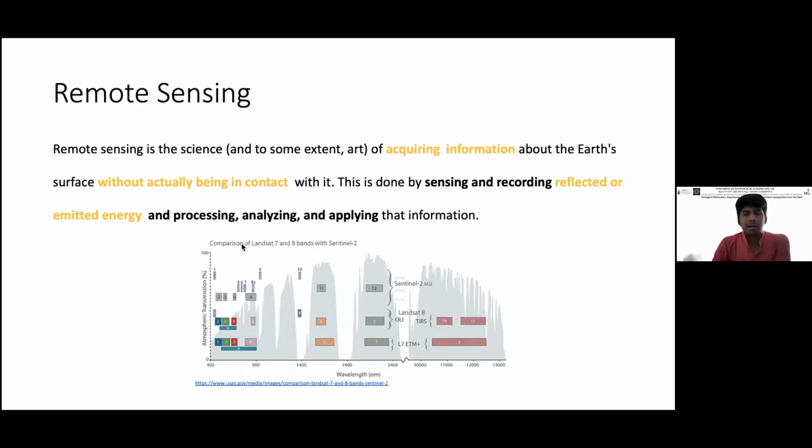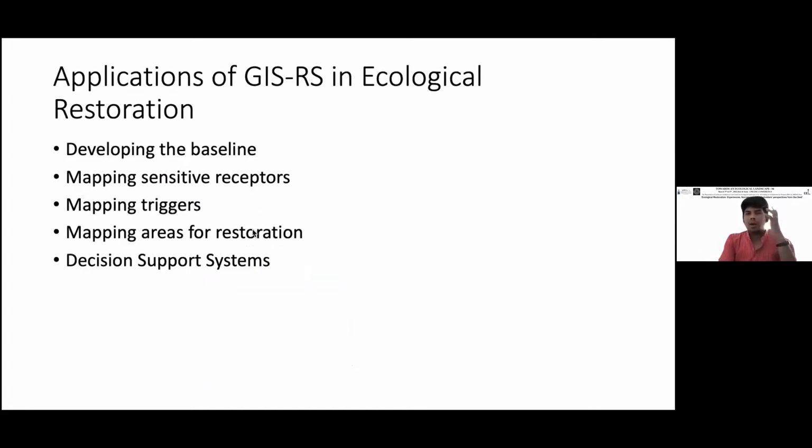With the Landsat data set made freely available, it has become very easy to tap into this remotely sensed data. And here you can see how these different products vary with respect to the part of the spectrum that each of them carries, and this can then be used for the different studies that we do.